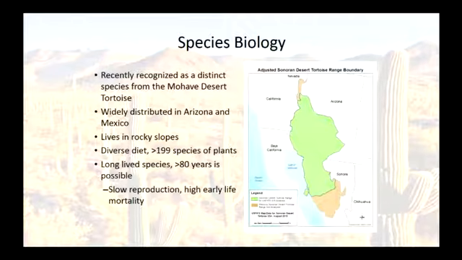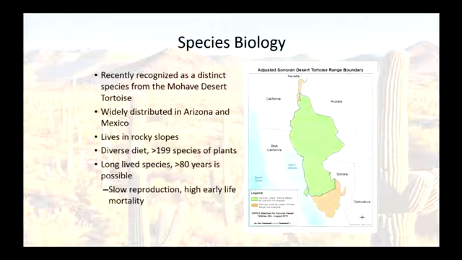Anyway, so a couple of interesting things. It has a very, very diverse diet. It doesn't seem to be very picky. About 200 species of plants have been observed in its diet, and it's eating exotic plants just as equally as it's eating native plants out there.